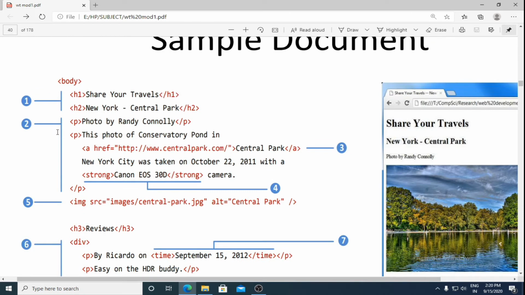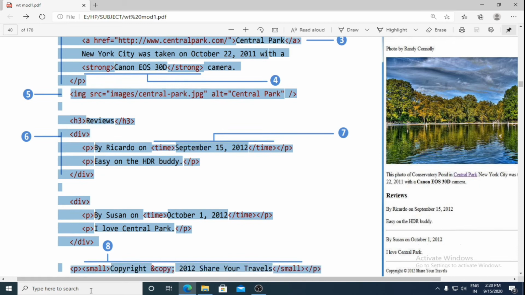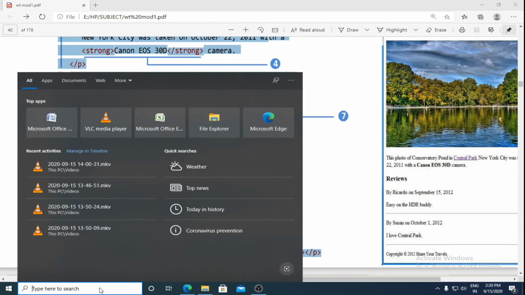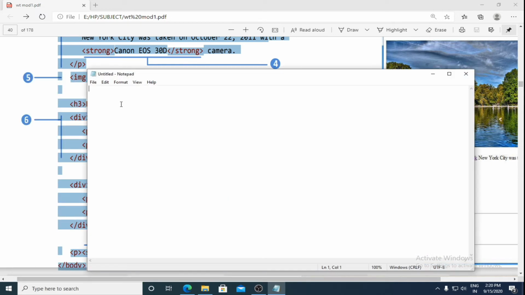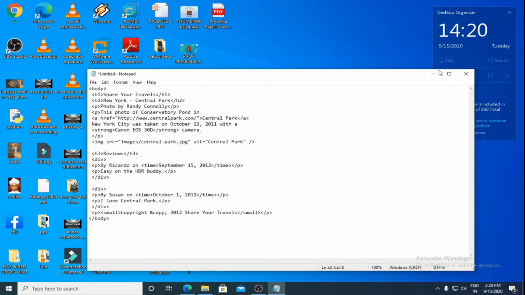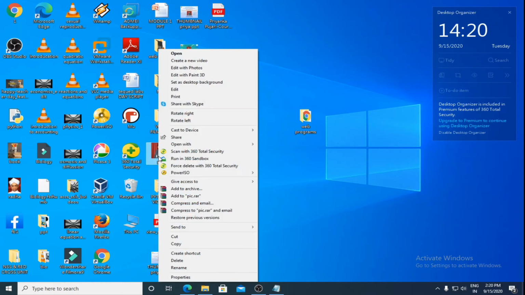So what we'll do is try to execute this program. We'll copy this from here to here and go to a notepad and paste it here. Okay, the program has been pasted. I do not have the image of the park, so let's see if I have some image. Okay, my image is there.